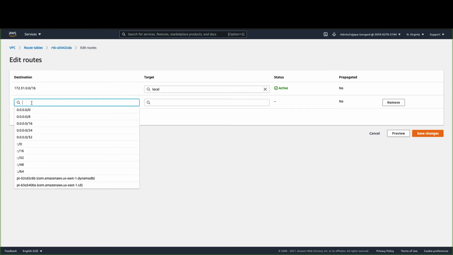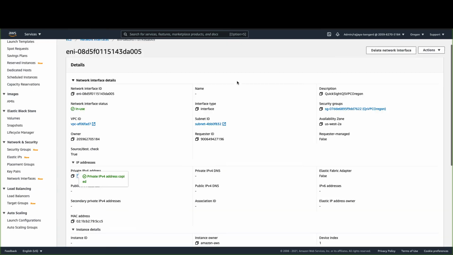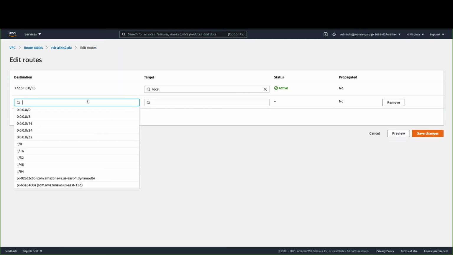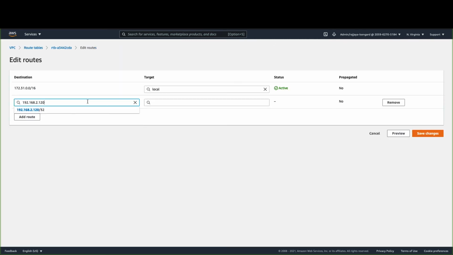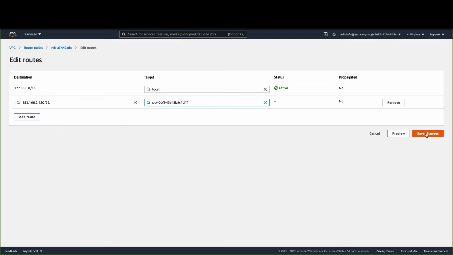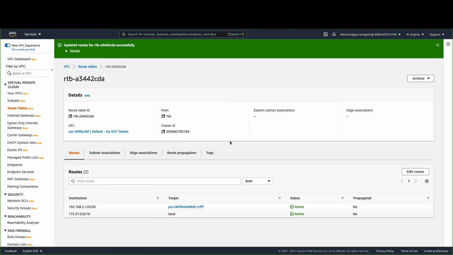I'll click on add route, and here I will paste the IP address that belongs to the network interface created by the QuickSight VPC connection in Oregon. I will append /32. As target, I'll choose peering connection and select the VPC peering ID that we just created. I'll click on save changes.